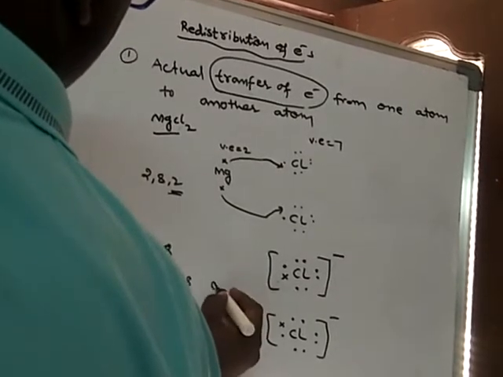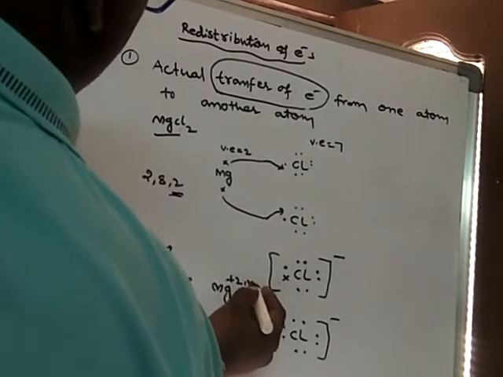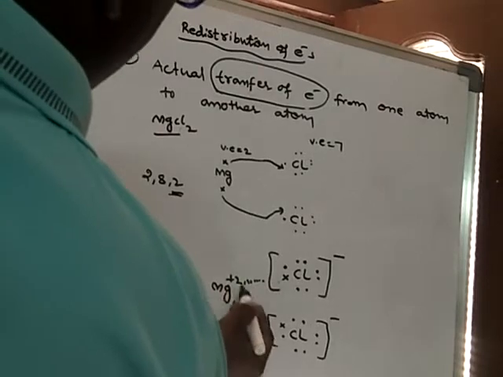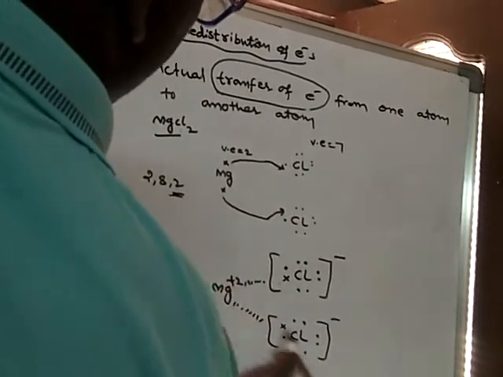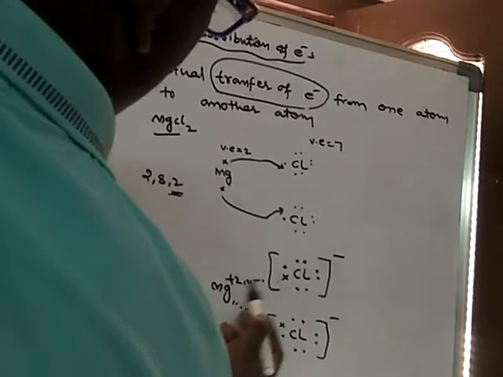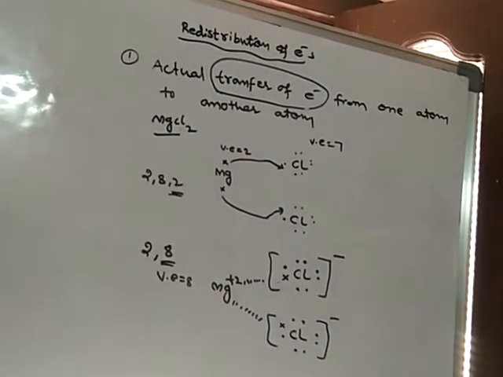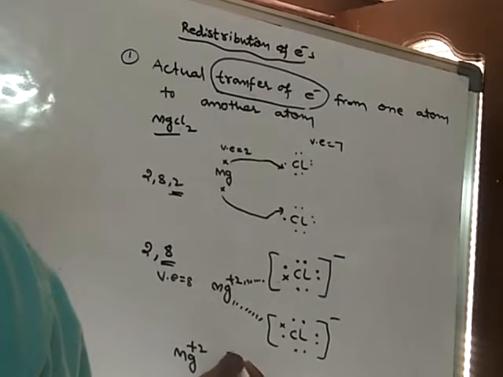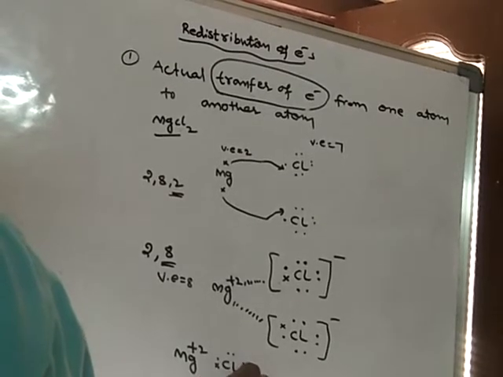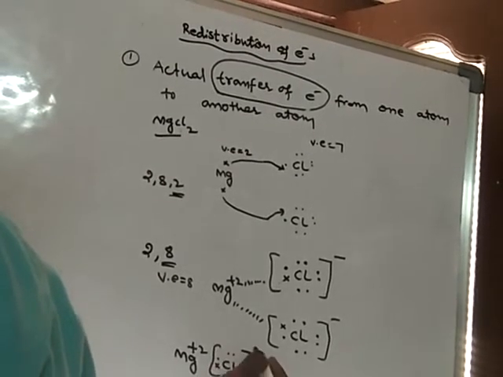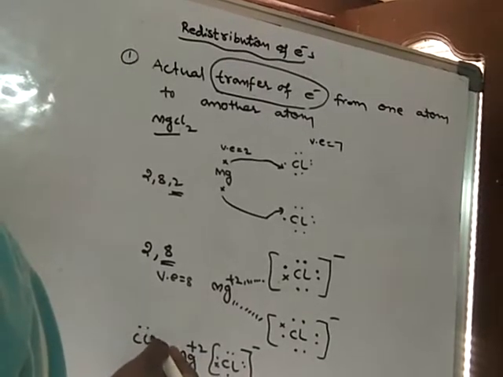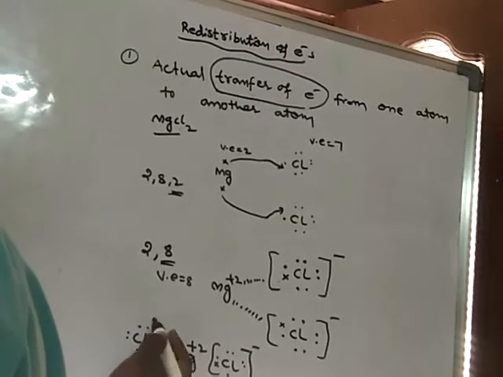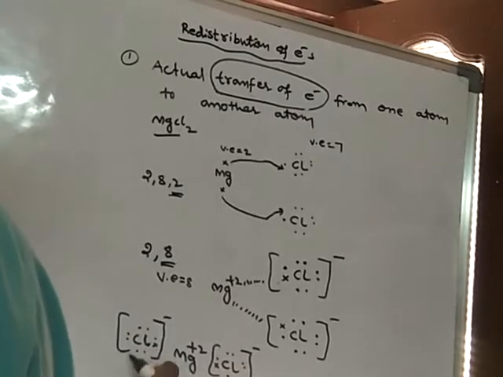Now this magnesium starts attracting this one and even this one. This is because this is positive charge and this is negative charge, and this is positive charge and this is also negative charge. So here an ionic bond is formed, and here also an ionic bond is formed. Or else simply I may write like this also, Mg+2 and Cl-. In this way also we can write.